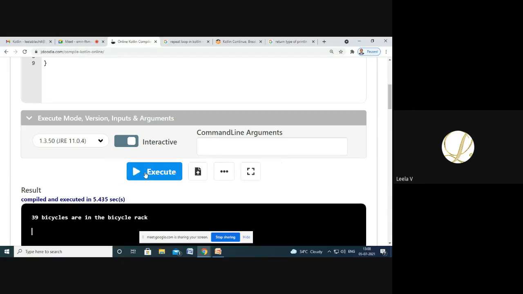If I give my input value as 40, the bicycle value will be decremented only one time, so it prints 39 bicycles are in the rack.